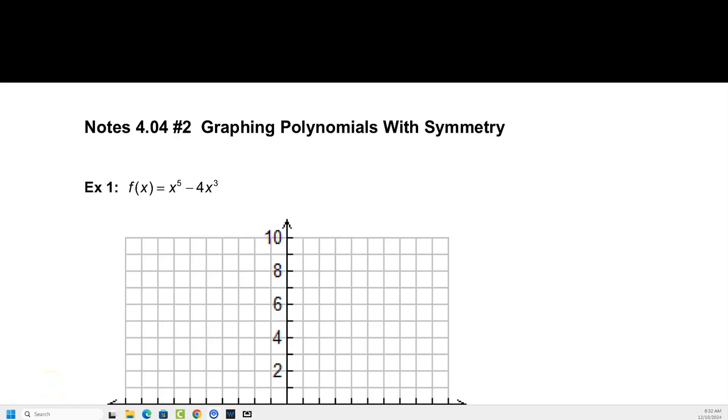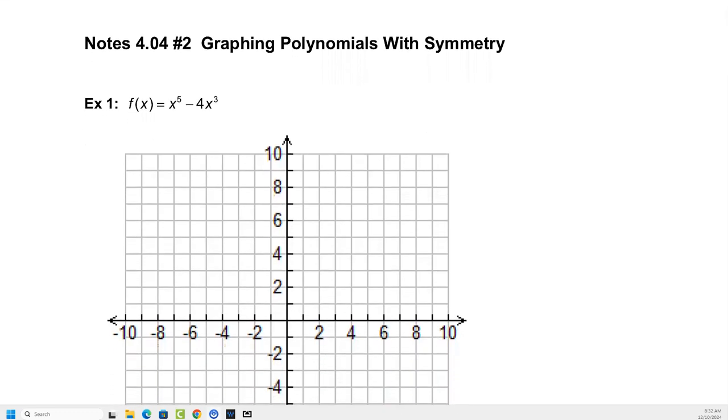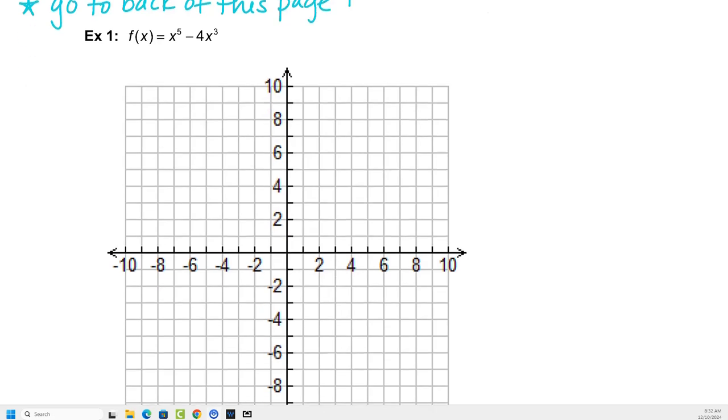So today we're going to be covering the section of symmetry where we're actually going to use it to graph. And so as we do this, we're coming to example 1 here, but I think let's do this first. Let's just put a little note here. And let's go to the back. So I'm going to go down here, and then we'll come back and actually do the example, because what I